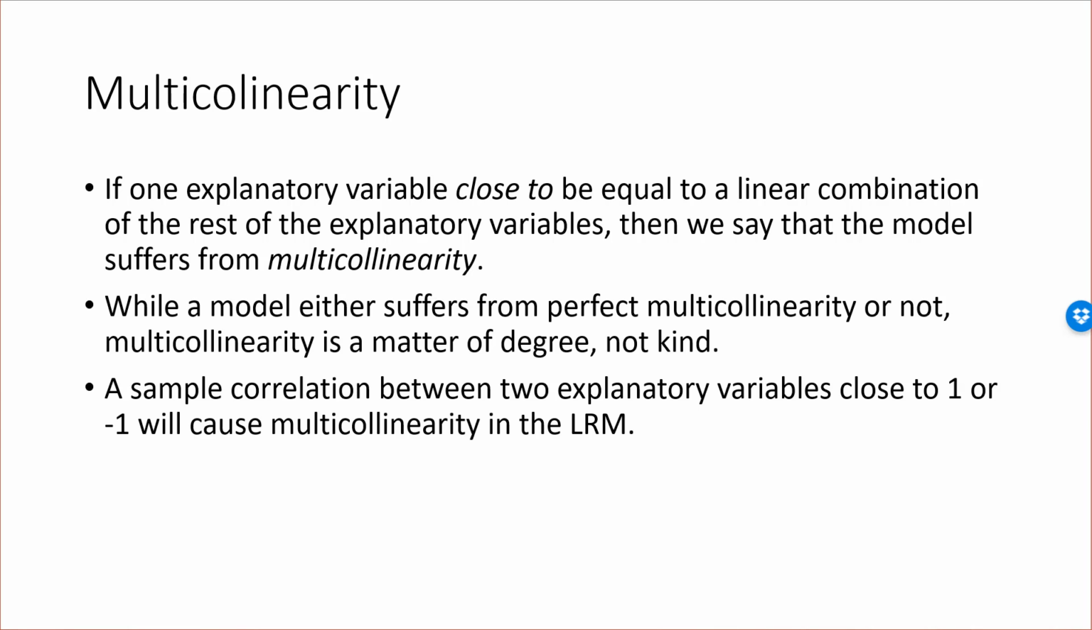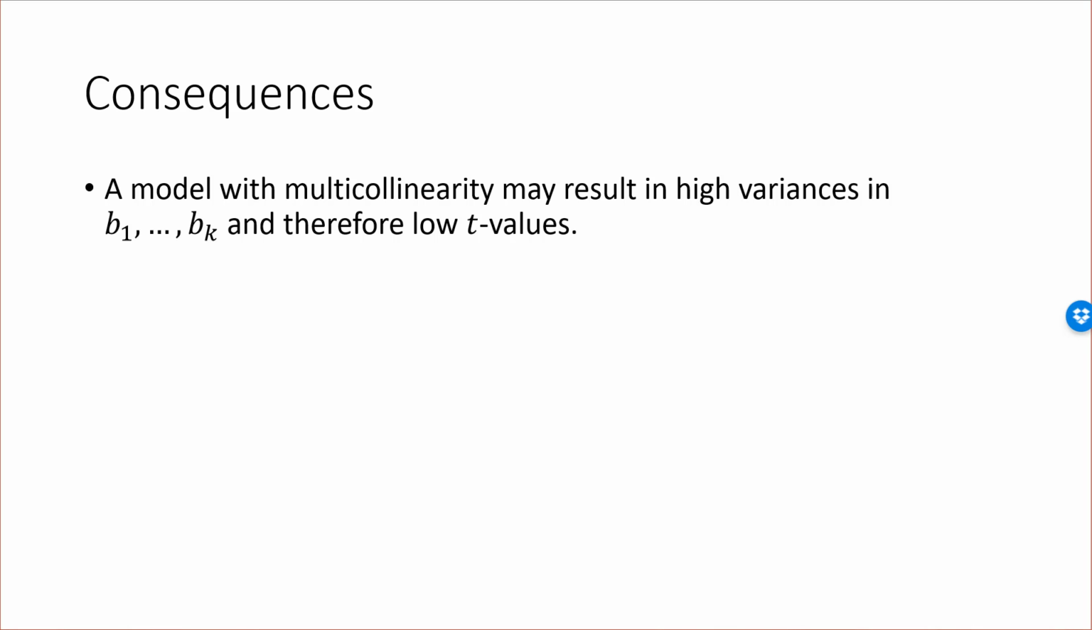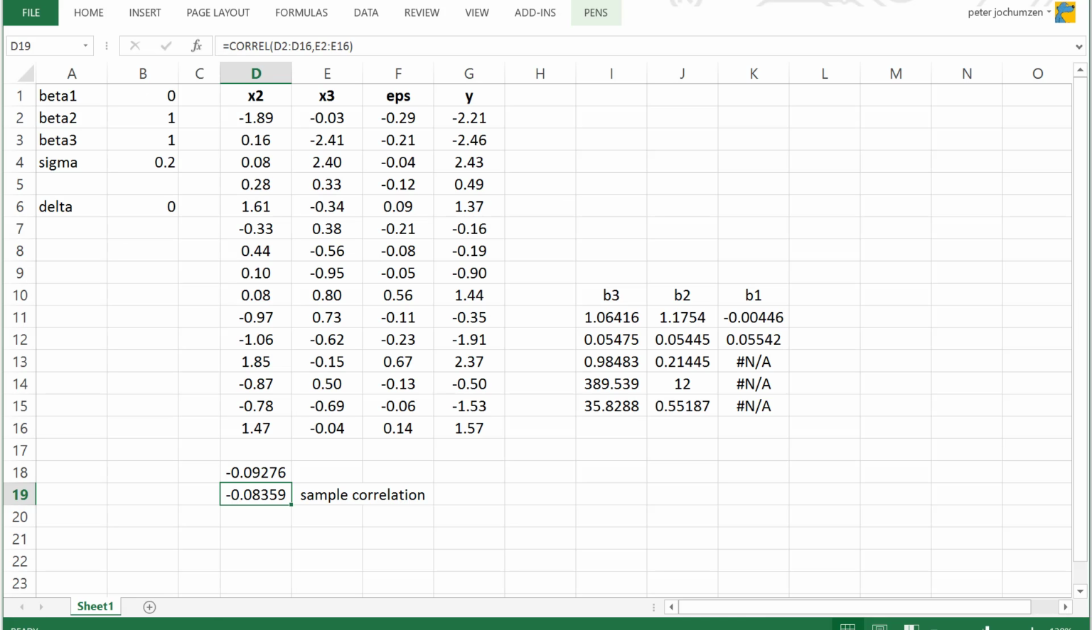So to investigate this issue a little bit further, let's look at some of the consequences of multicollinearity. And this is the big problem. If you have multicollinearity, then the estimated variances, as well as the true ones, will be very high. In words, what that means is that OLS will have a very hard time figuring out what the true betas are. So check out this example. Delta is